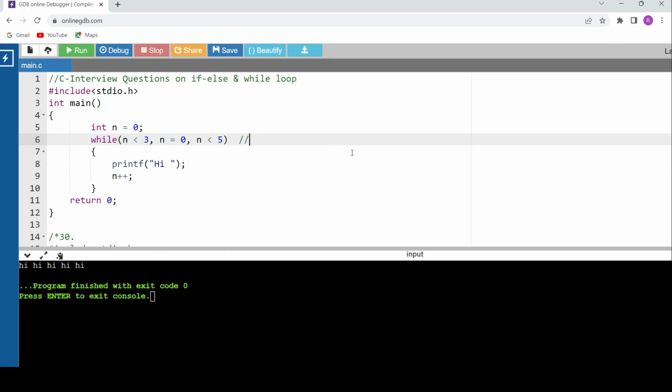N is equal to 0. While 0 is less than 3, there are three expressions here. N less than 3, n equal to 0, n less than 5. Okay, so let me check. 0 is less than 3, then n equal to 0, n less than 5, right? For the first time, what will happen? While 0 is less than 3, true, again n value is reinitialized to 0. Now what will happen? N will be replaced with 0. 0 is less than 5, true,